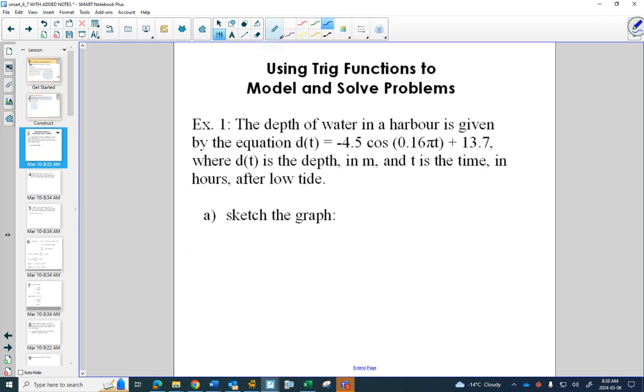This one says sketch the graph. This is going to be a review of what we've been doing over the last couple of classes, which is using that shortcut of DABC to graph any sinusoid. So again, I would look at this, and as a starting point,